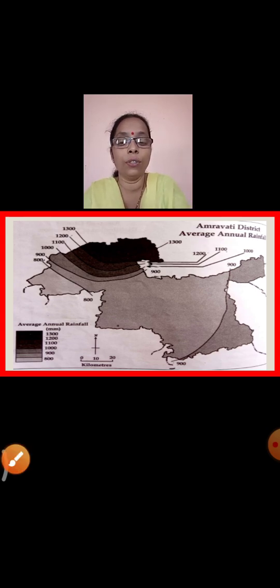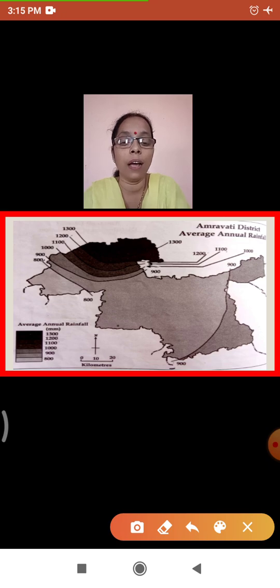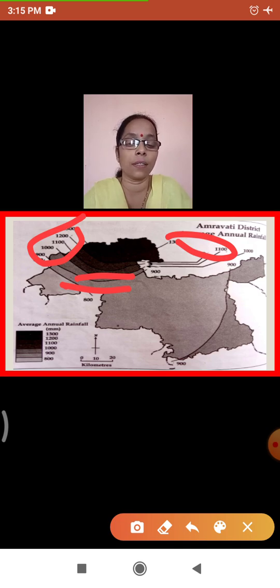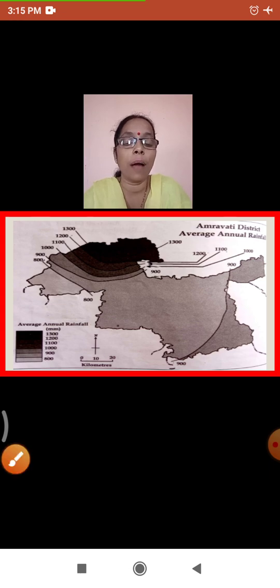Now this is how the isopleth map looks like. So now you can see that in this method, the values are written on the map itself. Yes, can you see that? And then you can see the lines are used in order to join the places. Yes, so this is how the isopleth map looks like.